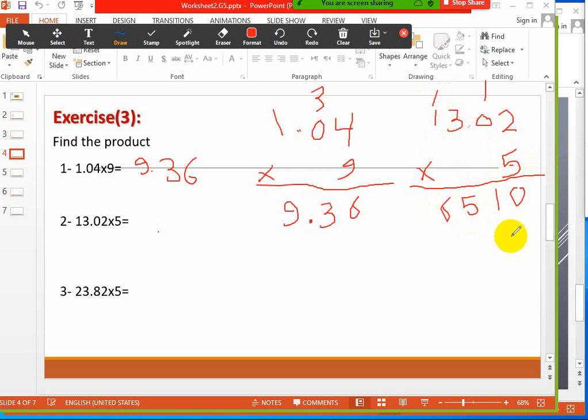Now I will locate the decimal point. I have 2 digits here after the decimal point. So I will move it 2 digits, so it will be between 5 and 1, and the number will be 65.10 or 65.1. It's the same. Okay,